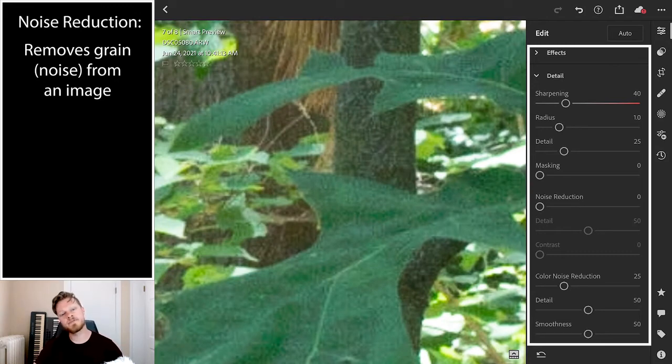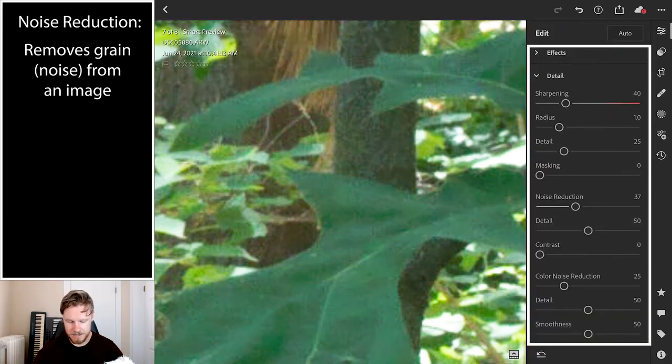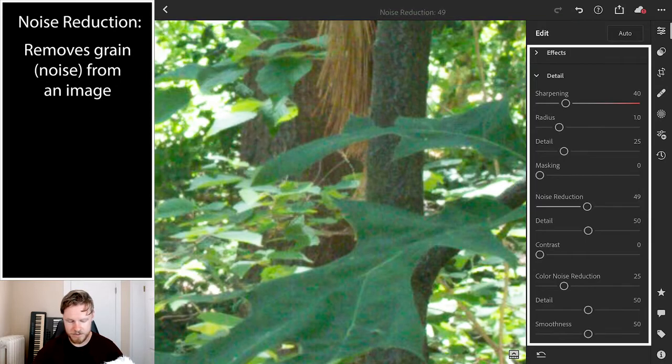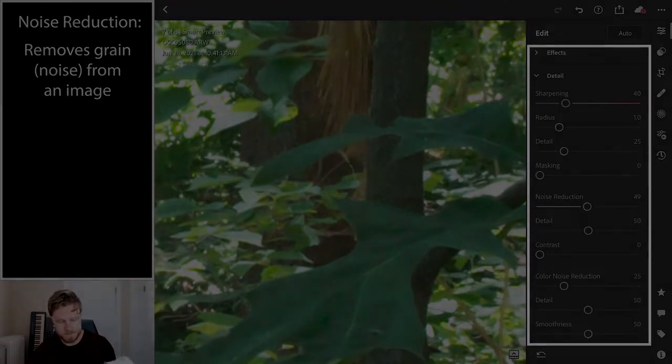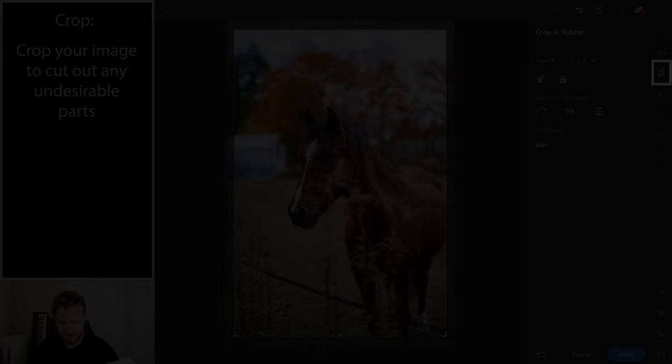And depending on the photo, the color noise reduction may work as well, although here it seems that our regular noise reduction does the trick and cleans up a lot of that background noise. This is a great way to save a dark photo by bringing all of the lights up and applying some noise reduction. There are certain scenarios where you'll need some lens corrections, and we can do that through the Optics